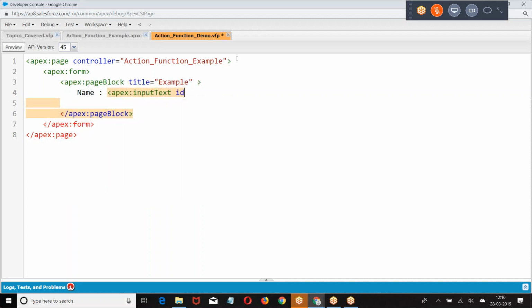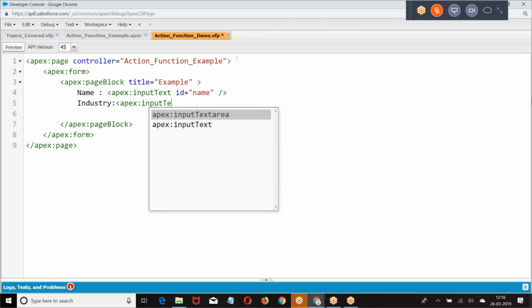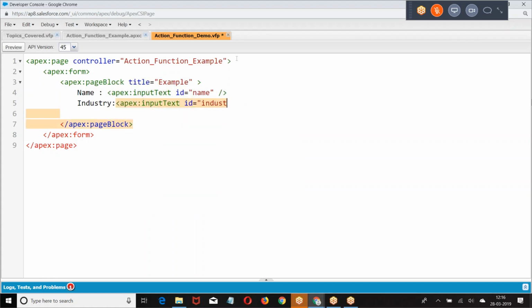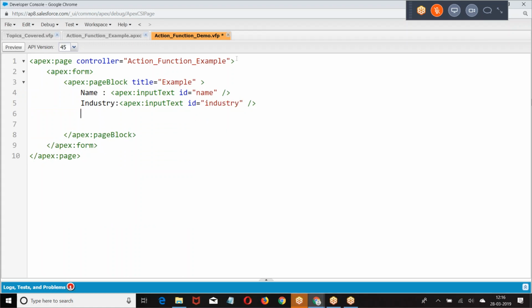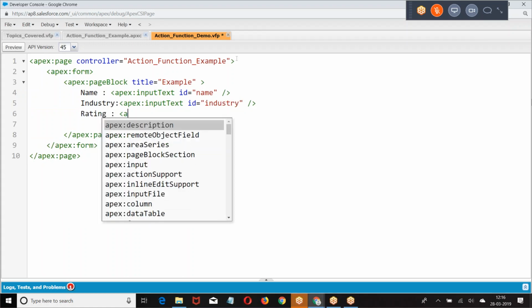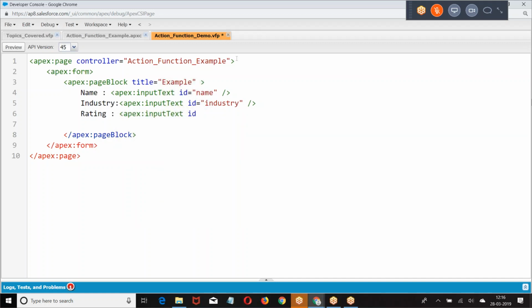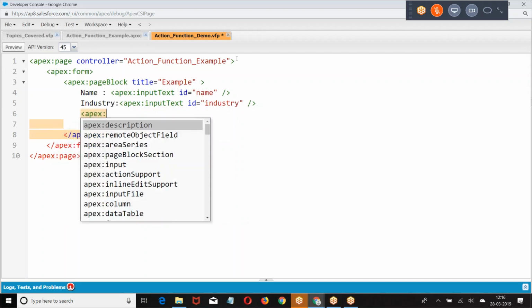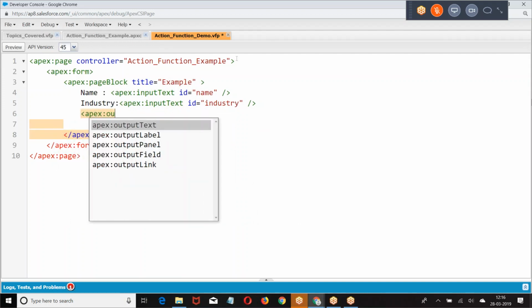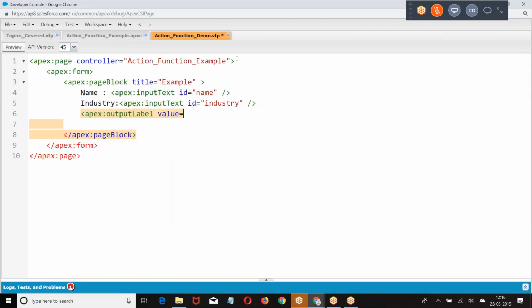Input test. Text. I was giving this basic example.